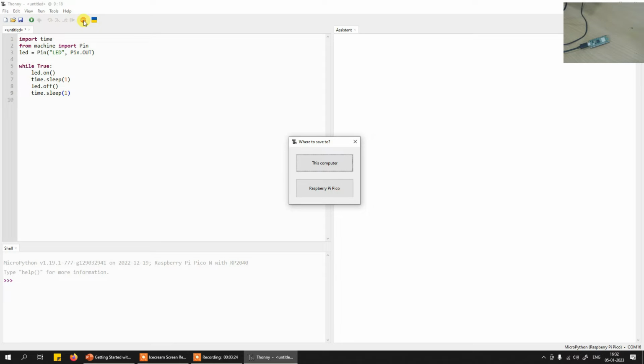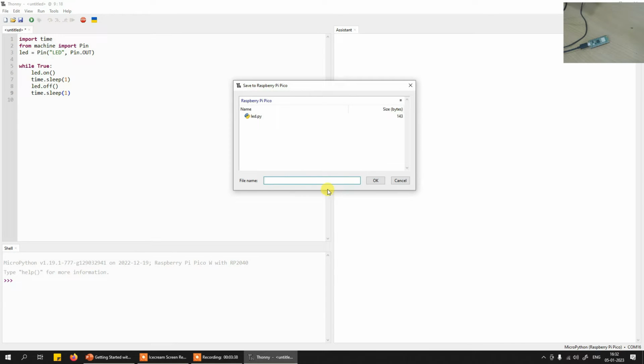In order to make that program run like a microcontroller, whenever you power on or whenever you cycle the power on off on Raspberry Pi Pico, you need to save it on Raspberry Pi Pico board. So select the second option over here. Now here again, there is a catch. So if you save your program like this led.py, there is a program onto this Pico already. I'm deleting it. If you save it with any other name which is not main.py, then the code will not run in boot. If you want your program to start running whenever the Raspberry Pi is powered on and off, you must write